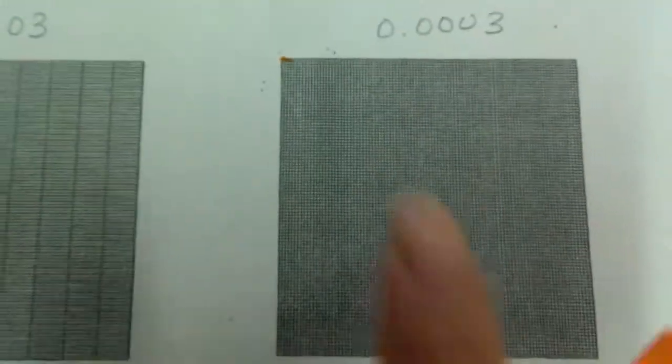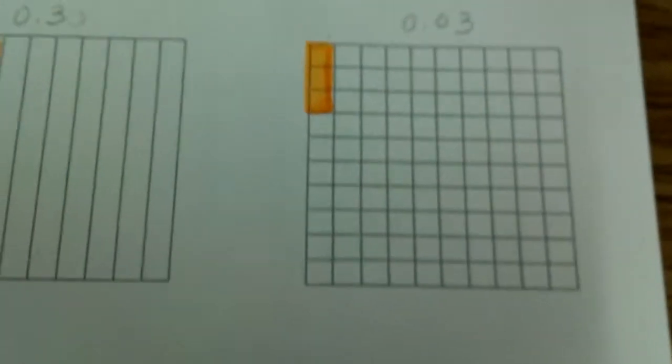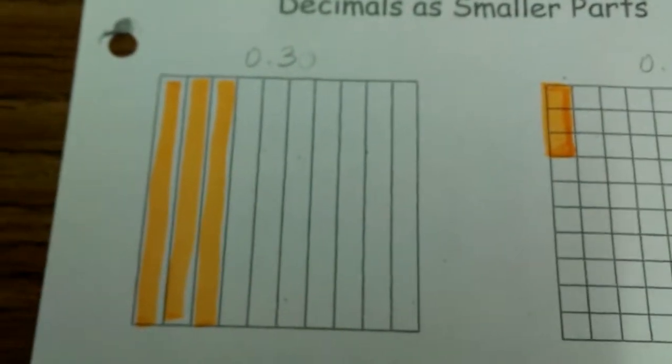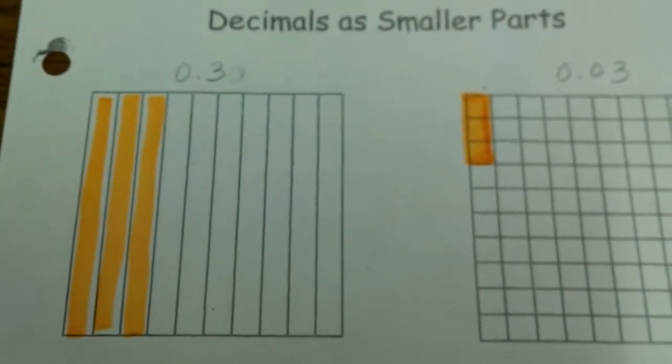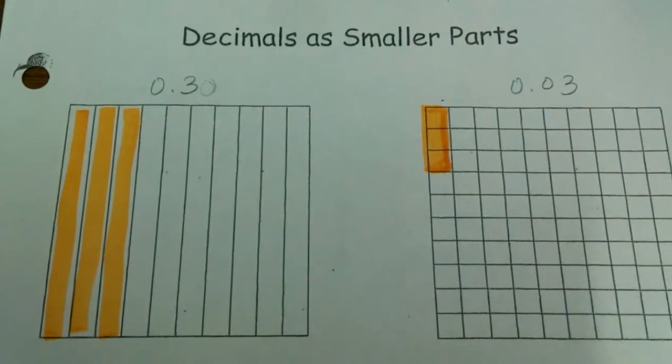All right, well, I need to shade 3/10,000. So I can only shade 3 little squares out of 10,000. So let's see if I can do this. Zoom in a little. There we go. And I'm just going to dot it really. There's 1, oops, 2, 3. Okay, there it is. Kind of went over a little bit, but there is 3/10,000. So 3/10,000 would be that much out of this whole. 3/1,000 would be that much. 3/100 would be that much. And then 3/10 would be that much. So that's decimals as smaller parts. Okay, because decimals also, they are smaller parts. You don't get a whole with